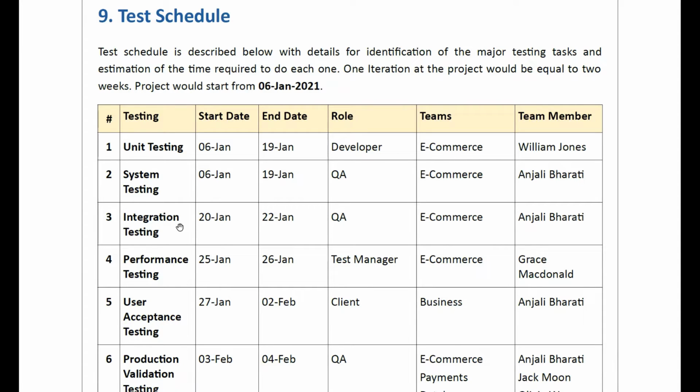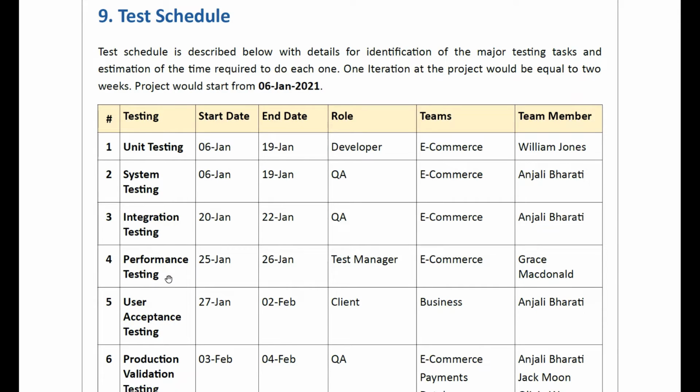In integration testing, because in the Amazon application, that shopping journey of the user, payment is also used, the database is used, and the APIs. So in integration testing we will check that the whole system is working properly or not. We can check manually and using automation as well.